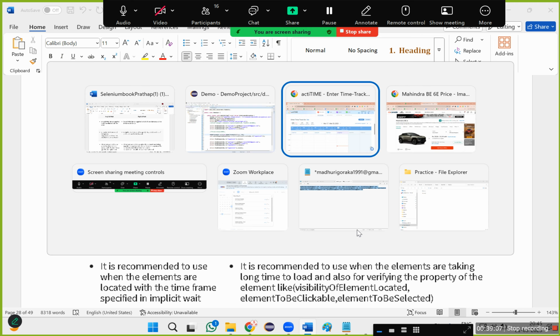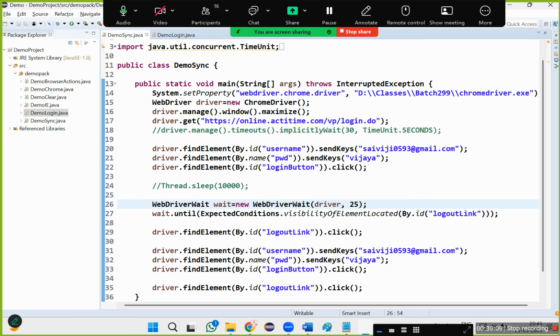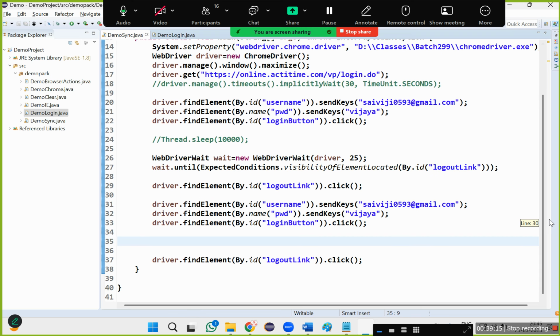Now, we have seen implicit wait, explicit wait, Thread.sleep. There is one more wait called fluent wait. We will never use that fluent wait in real time, but just for theoretical purposes, we have to learn that. I want to wait for a particular link, like the logout link. But every 5 seconds, the fifth second, 10th second, 15th second, 20th second, I need to keep on checking whether the page has loaded or not. In that case, I can use